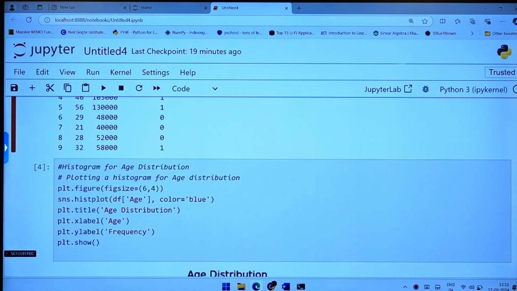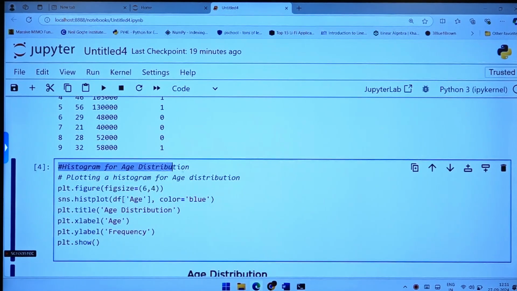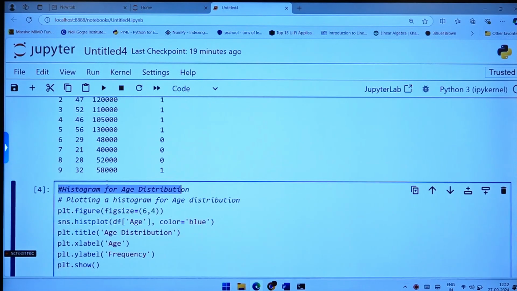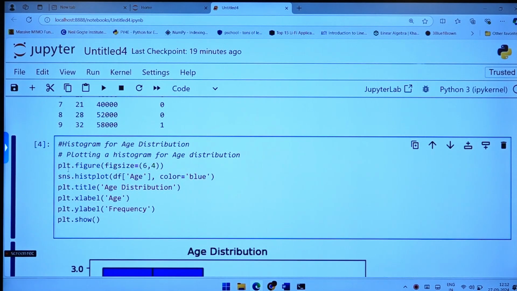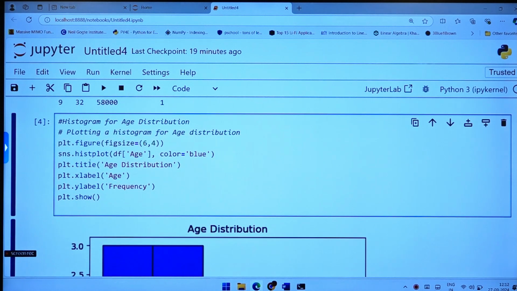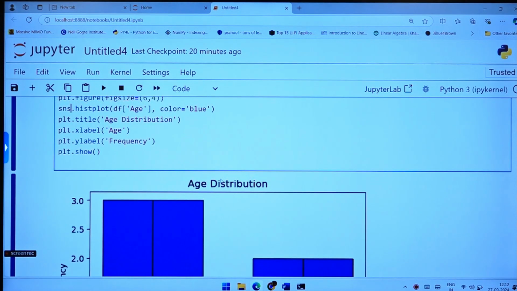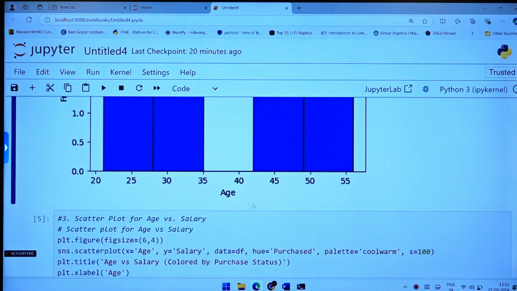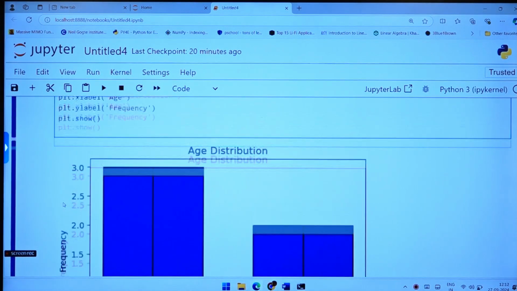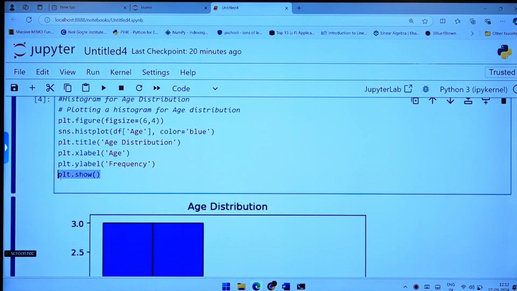Okay, now if I want to take a histogram, let us apply a histogram on the age distribution. For creating the histogram, I say plt.figure. I am giving the size, the row width and column width of the figure that I want to plot, and then I want to create a hist plot using SNS. For the column age, I want to create a histogram, and you can choose your own color. I have chosen blue here. I want to create the title for the plot, which is age distribution. On the x-axis I want age, and on the y-axis the frequency, and plt.show is used